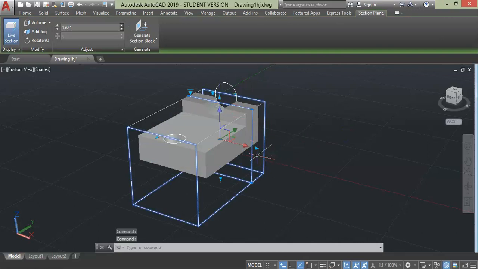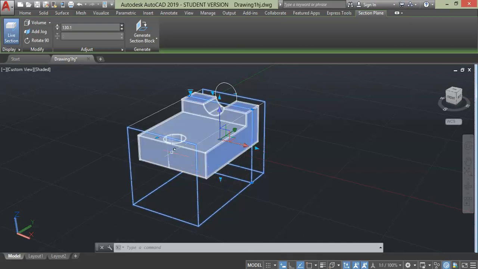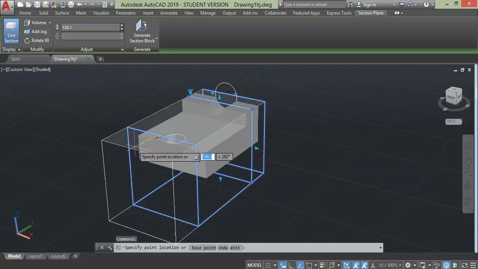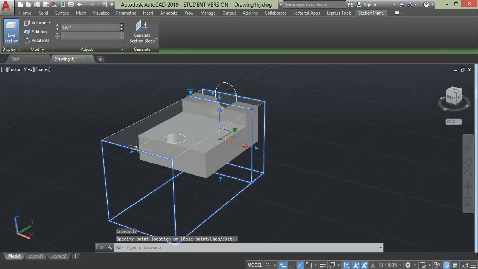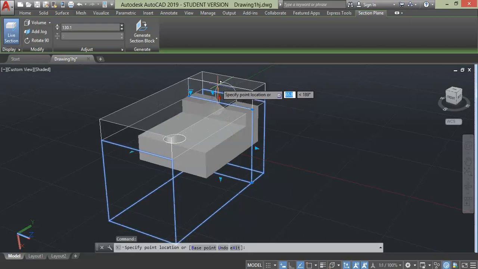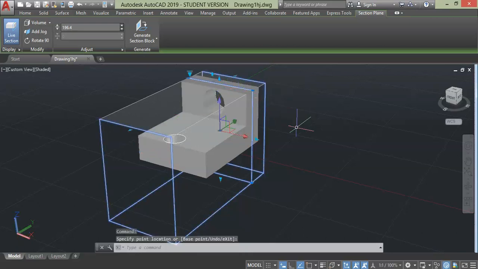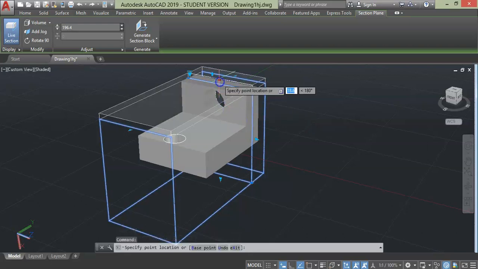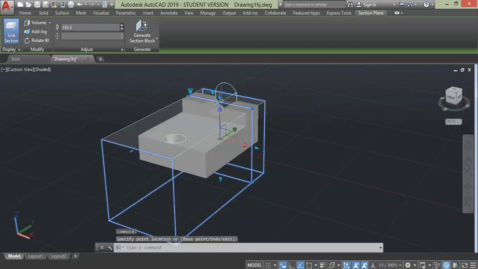By using these outer arrows of the volume, you will be able to expand the size of the volume, and by doing so you will increase the visibility of the geometry inside. For example, if I move this arrow in the outer direction, then room is created for the geometry to expand, and drag the top arrow to see more of the geometry. Not only can you increase the size of the volume, but you can also decrease it by using the same arrow, even though the arrowhead is pointed outwards. As you can see the effects.